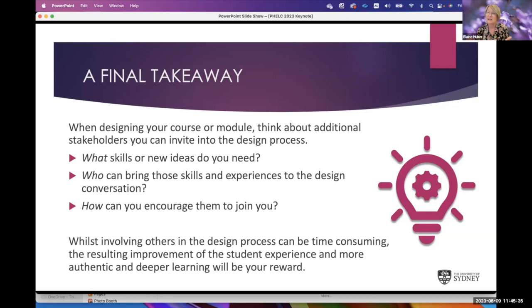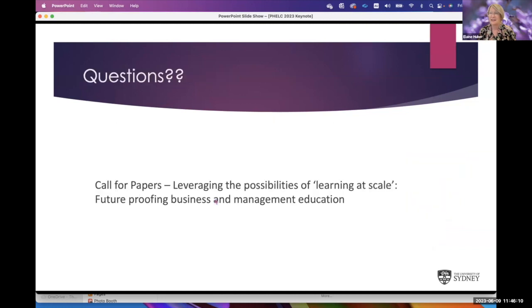Some people like to do research. It might be that you co-design together and you can build that into a bit of a research project, or you could present it at a conference about how you've co-designed. But I think even though it does take a longer time to co-design, I do believe that the reward is you get a deeper and more meaningful and more authentic student experience at the end of that. And I do think it's worthwhile. So I think that's it from me. Thank you very much. I think hopefully there's time for a few questions.